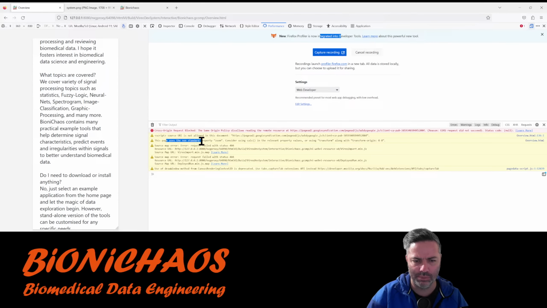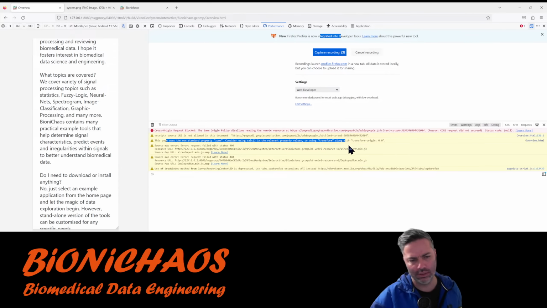Especially the non-standard property zoom. Consider using calc relevant probability values. I don't know actually how to do it. Page data. Draw window method. This thing was deprecated.